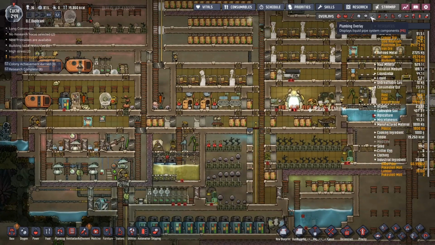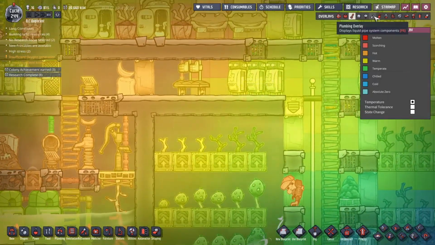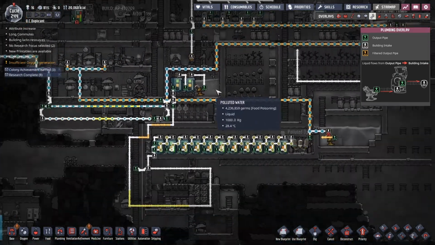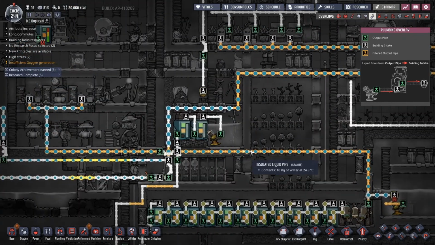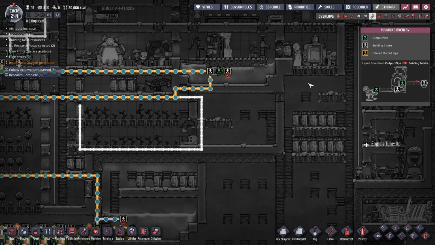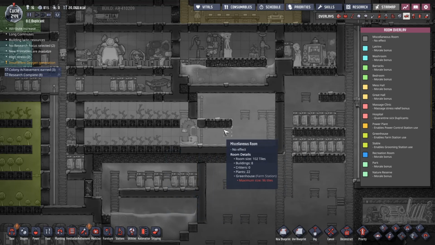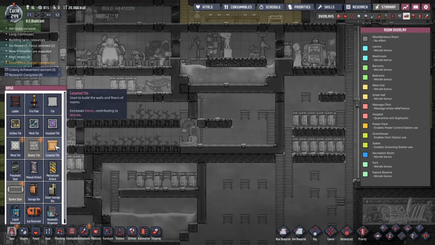All right. And over here, looks like we've gotten too warm. Yes, we sure have. All right. So I'm going to starve these dupes yet. They did finish this. It is 102 tiles. Maximum for a greenhouse is 96. So I need to get rid of, what, 6 tiles? That's not bad. I can get rid of 6 tiles. That's actually pretty easy,